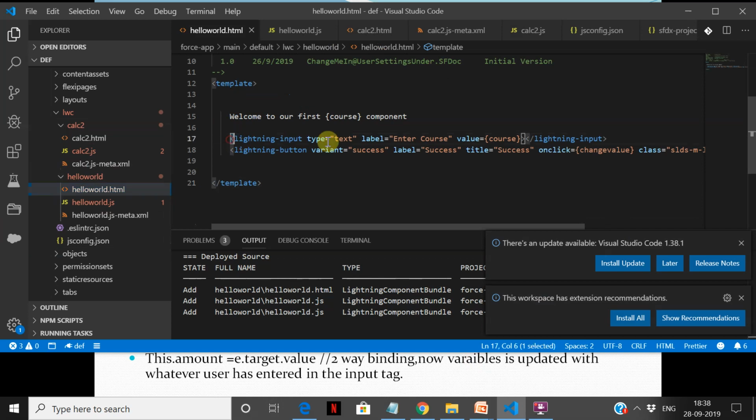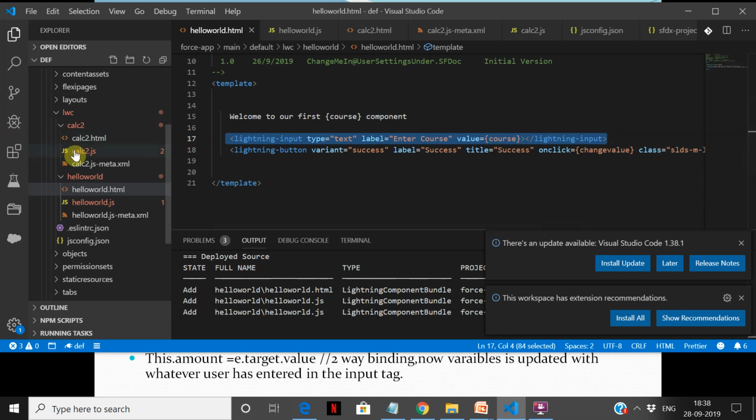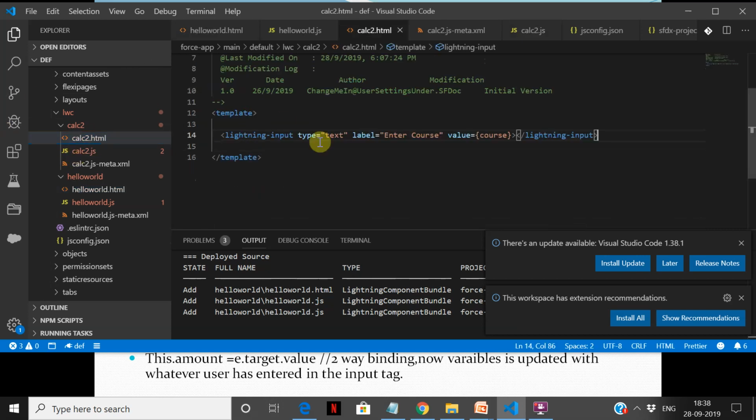So let me take a lightning input here. And go to HTML, and I'm going to build this form here. Now this is going to take the amount. This is going to take the tenure, okay?